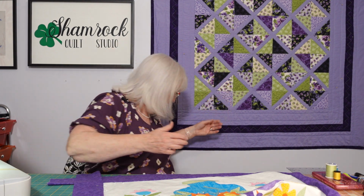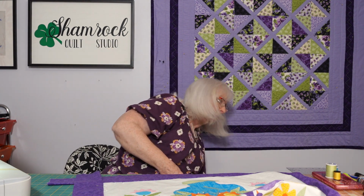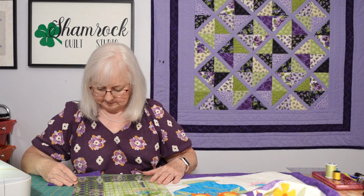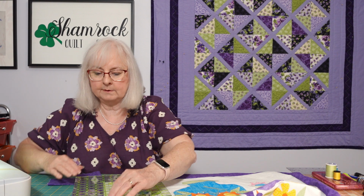And what happened to my rulers? Well, here's one. Okay, so we're going to line this ruler up,